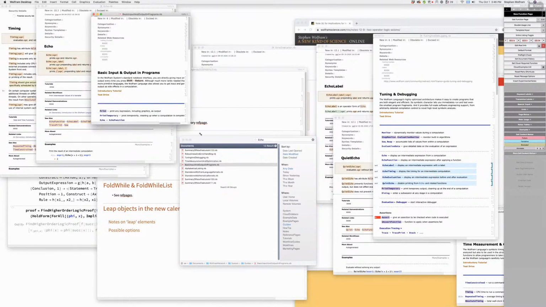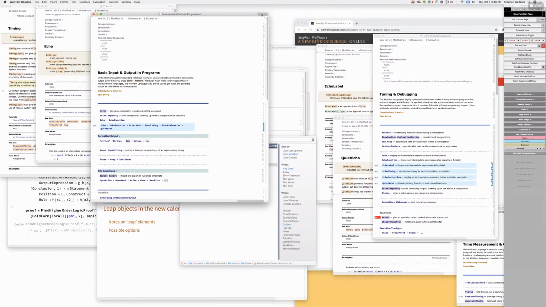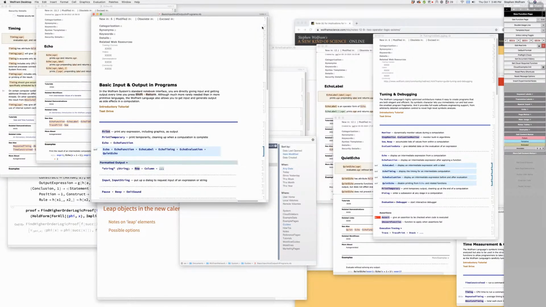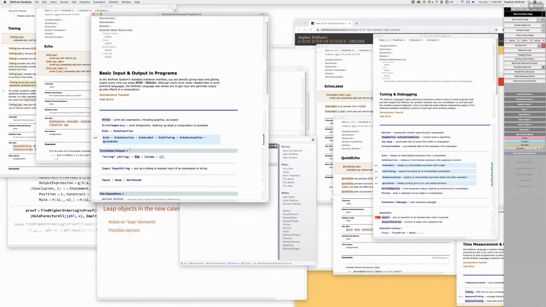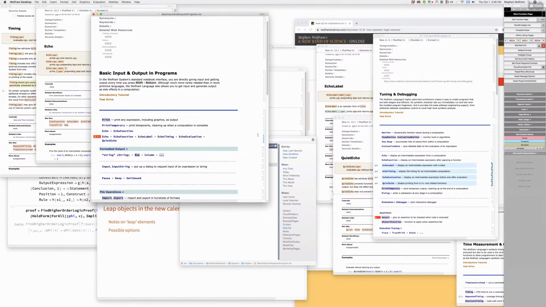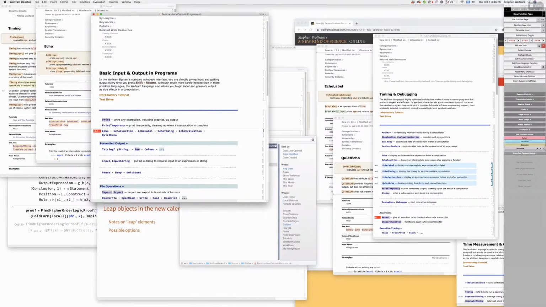Boy, why are these made so small? Why are they? Okay. Echo function. That seems okay. Oh, for goodness sake. Why is this tagged for 12.1?